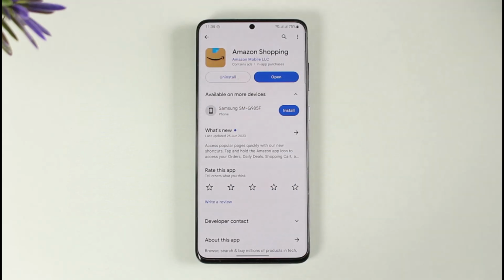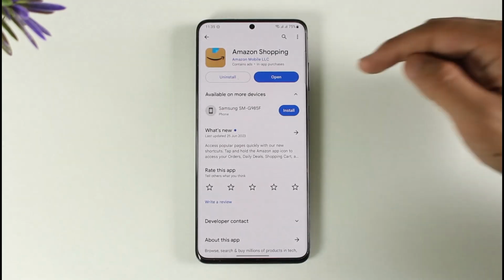In today's video I'll simply guide you through the steps on how you can redeem your Amazon gift card for cash, so make sure to watch the video till the very end. If you want to redeem your Amazon gift card for cash, now first of all,